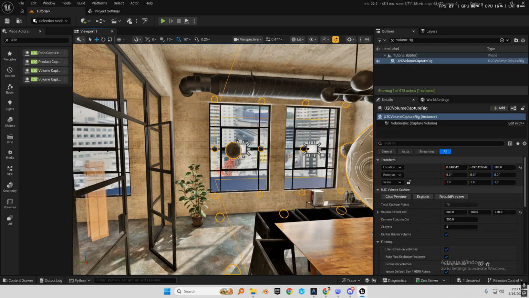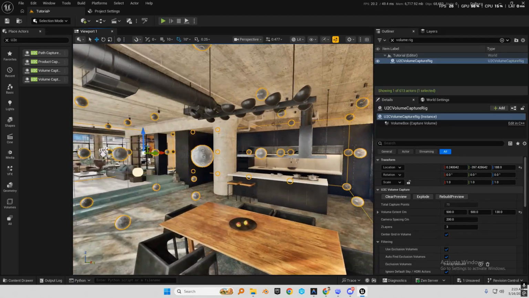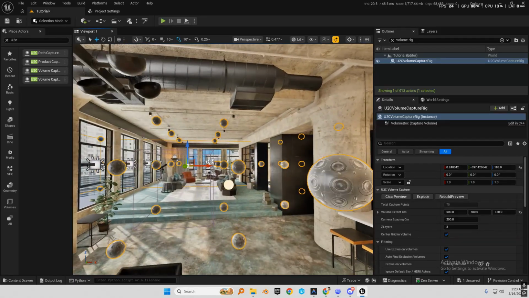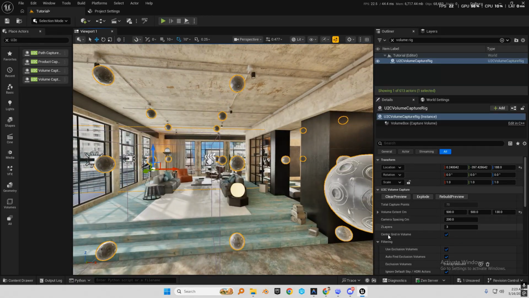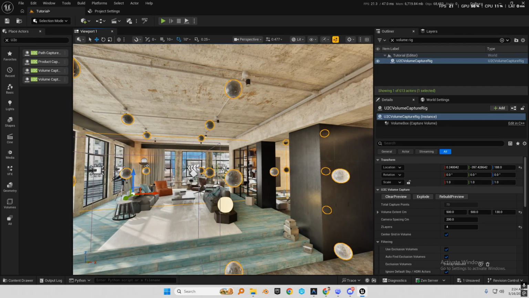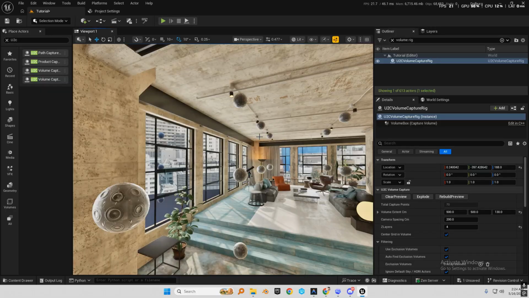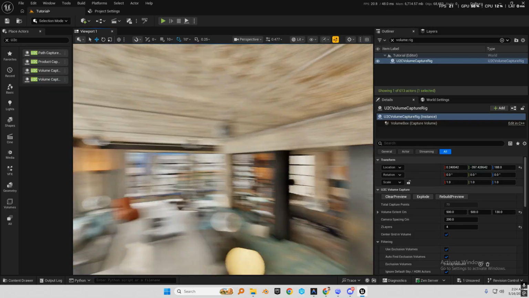And then let's rebuild preview, and you see that we now have 3 layers, but for this scene I used Z layers as 4, so let's set the Z layer to 4. The goal is to have the entire area covered as much as possible, right? So for example, with this setting you see that we have the capture points, but they are not too many,